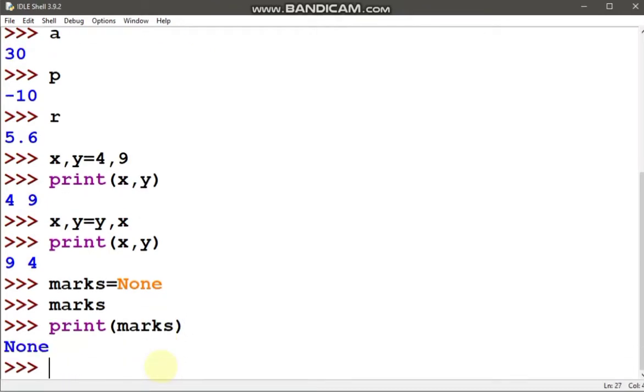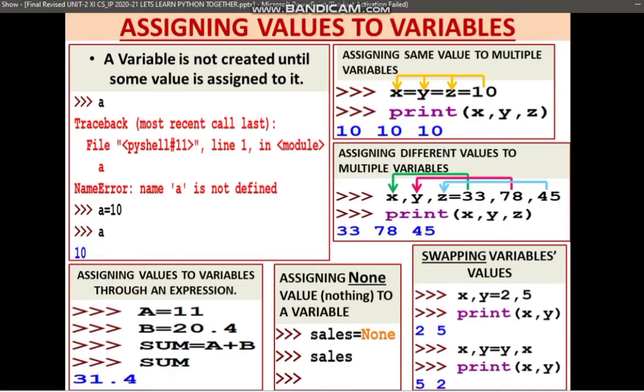Now if you print marks, you will be able to see the value of marks which has been assigned as None. So when you pass it through a function, you will be able to see the value which has been assigned, even if it is the special literal None.